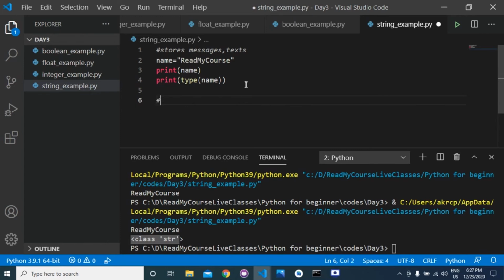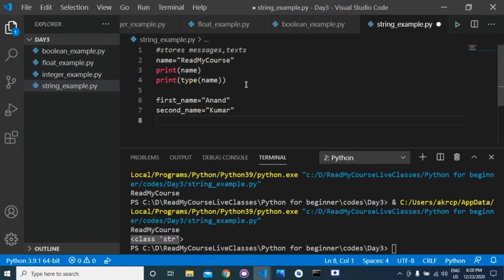Like the addition and subtraction that we performed in the case of integer and float, subtraction is not allowed in the case of a string, but we can use addition, which is basically concatenation. In any programming language, when you add two strings, it gives you the concatenated result. Suppose first name is equal to Anand and second name is equal to Kumar.